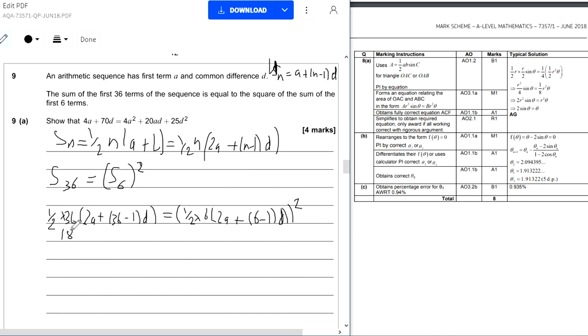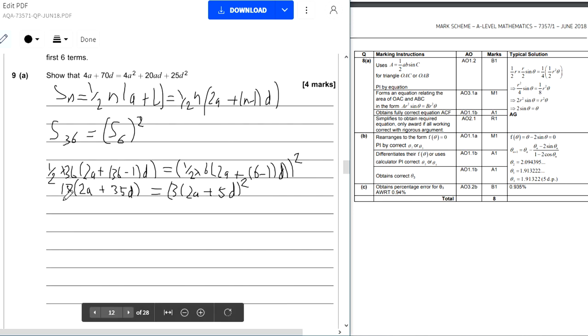So that's 18 times (2a plus 35d) equals 3 times (2a plus 5d), all squared. So that's going to be 36a plus 630d